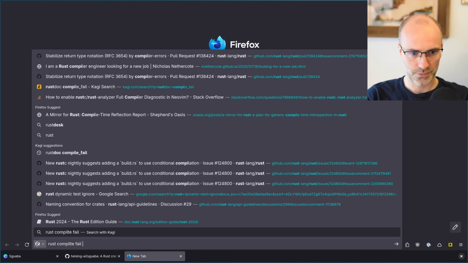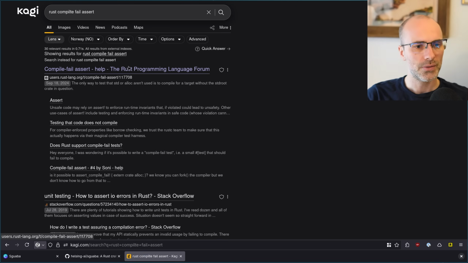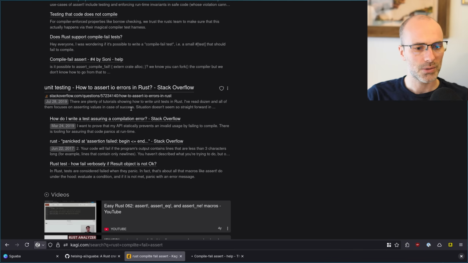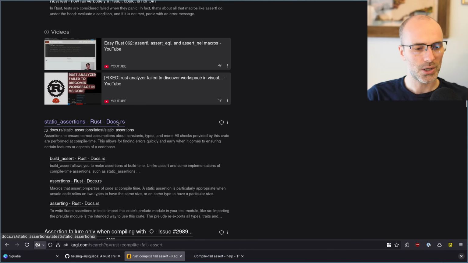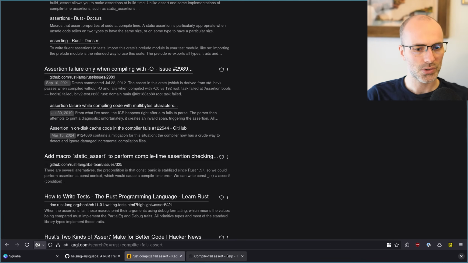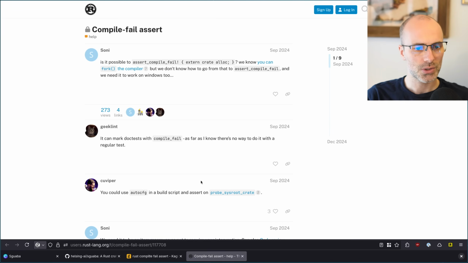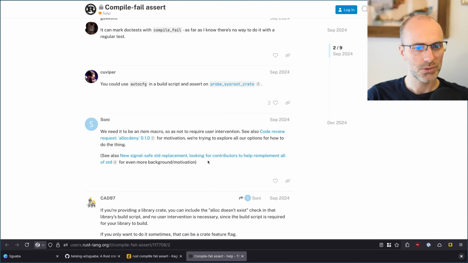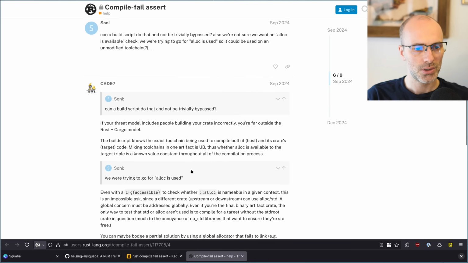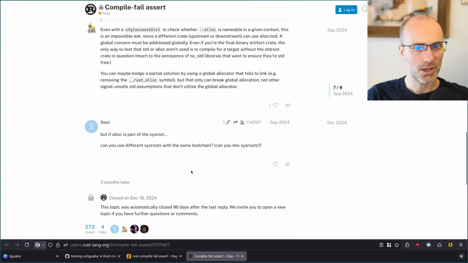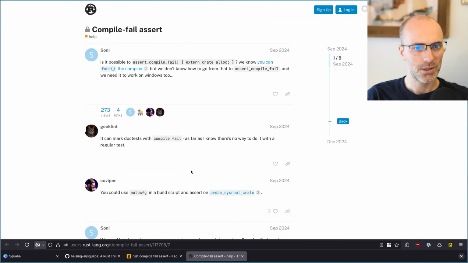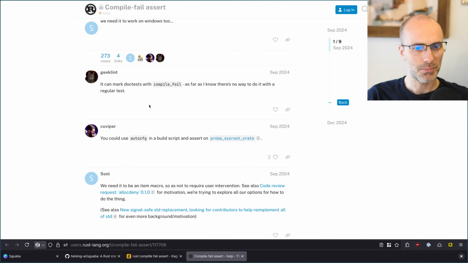Rust compile fail assert. There's a, what's it called? It's not static assertions. It's called... fork the compiler.